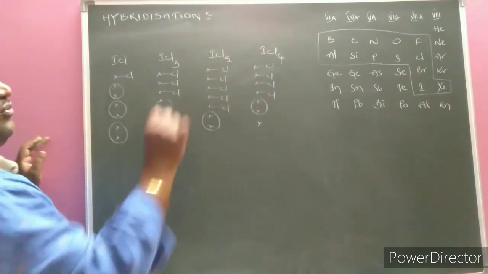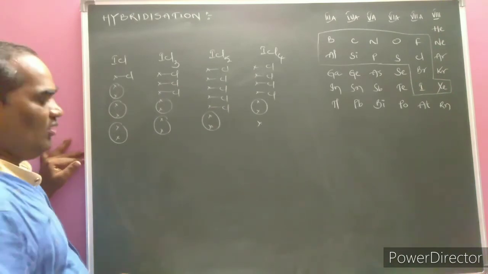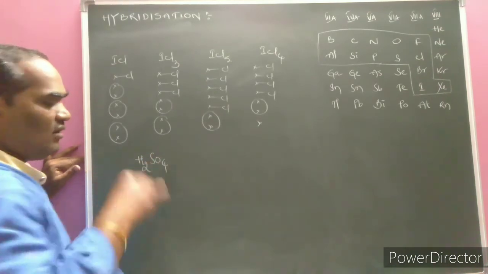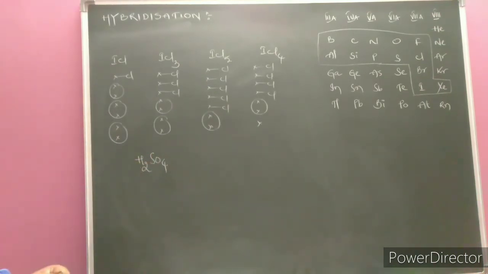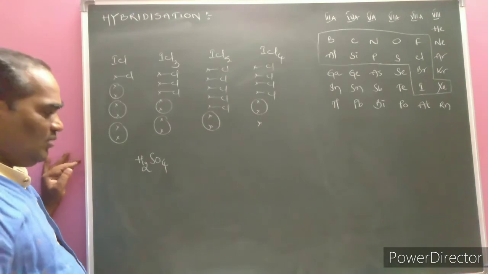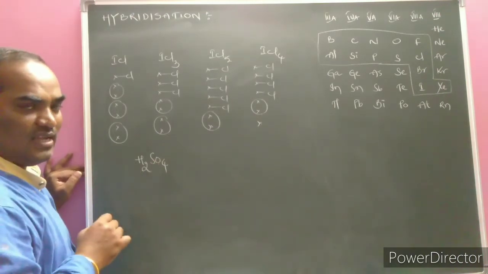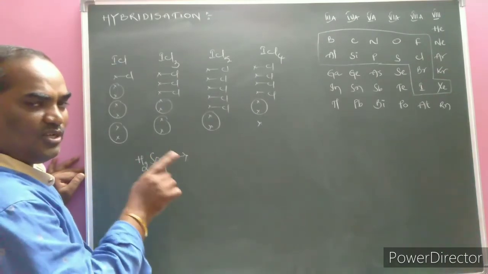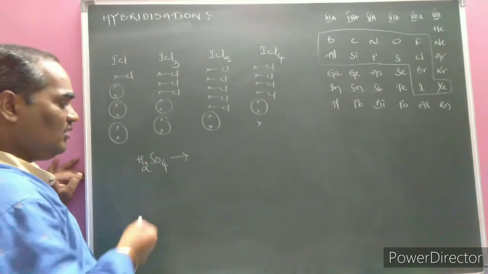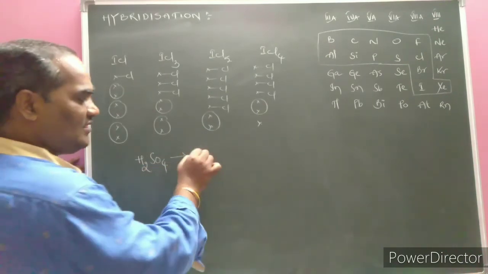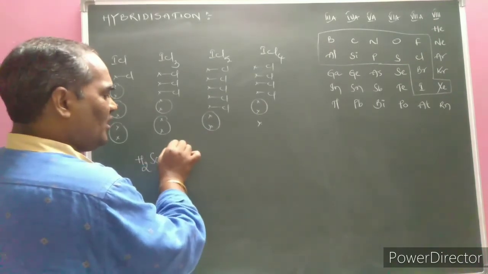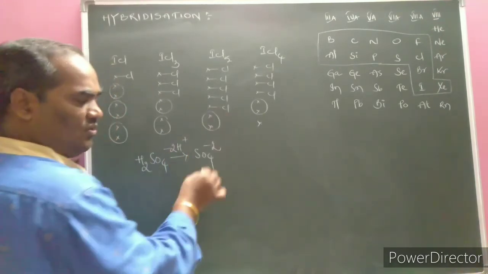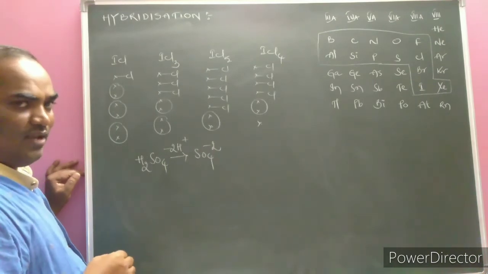Like for example, in certain cases the student gets trouble, like H2SO4 is given. I want to calculate the hybridization of the central atom such as sulfur, but here the hydrogen atoms are there, oxygens are there. In such cases, by observing the structure, one can write it. But here H2SO4 is a dibasic acid. By removal of 2 H plus ions, what does it become? Sulfate ion, SO4 minus 2. We know well the sulfate ion, we already calculated.